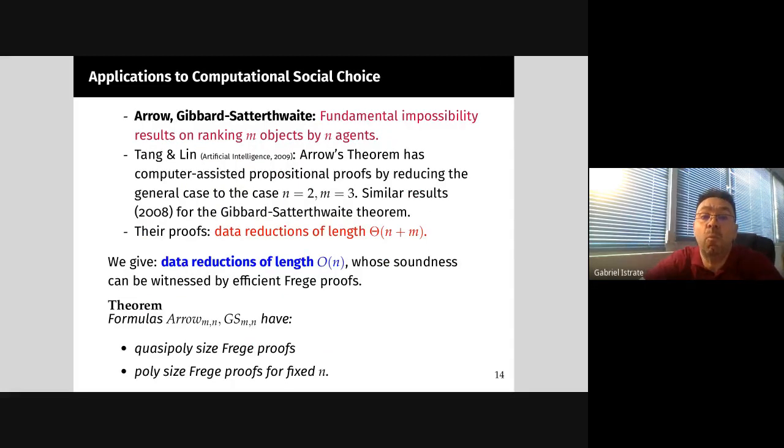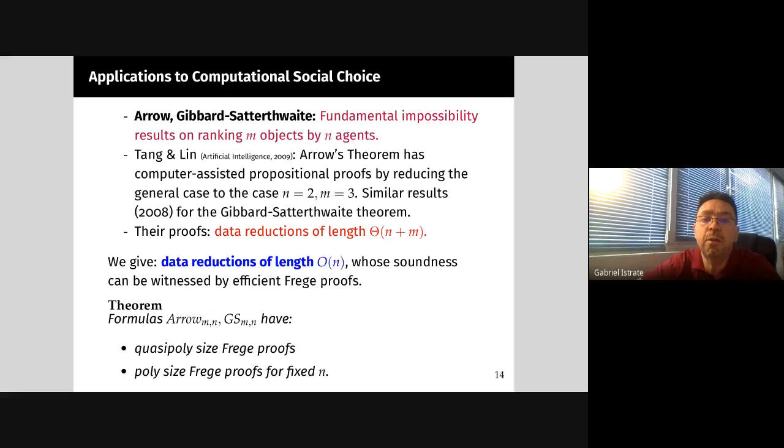But one of the more interesting applications of our result is to the area of computational social choice, specifically to the theorems of Arrow and Gibbard-Satterthwaite. And I'm not going to explain these results more than to say that they're fundamental impossibility results on ranking a number of objects M by n agents, satisfying a number of axioms. And both theorems show that those axioms are incompatible. And the starting point of our work was some research in the artificial intelligence literature, specifically